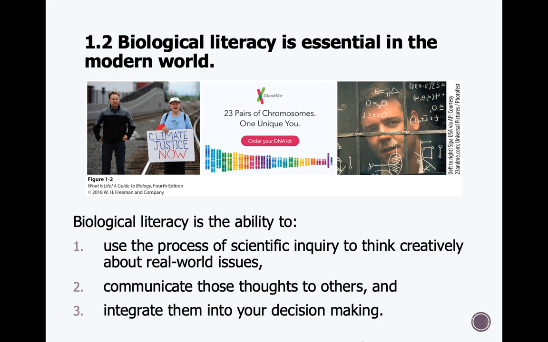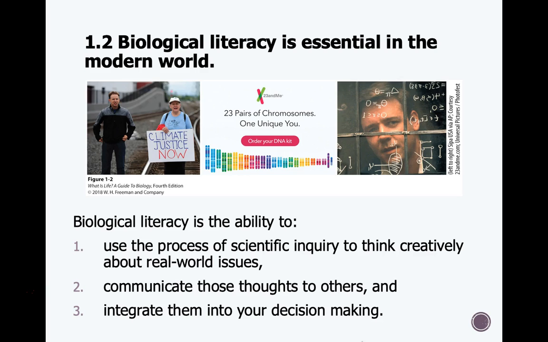Your health comes back to biology. The global warming and the impact of our actions on the environment directly affect you every day. And so there are a lot of parts of biology that directly affect you every single day. And whether or not you've actually thought about it, you are bombarded by biological claims, biological quote unquote facts all day long. And so biological literacy, having a basic understanding of biology, is going to give you the ability